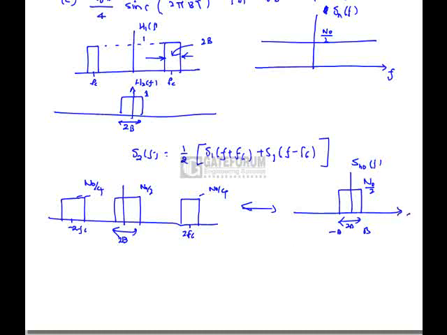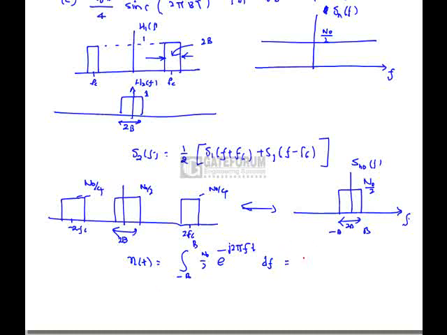Here the time domain equation is n of t equals the integral from minus b to b of N0 by 2 e to the power j2 pi f t df,